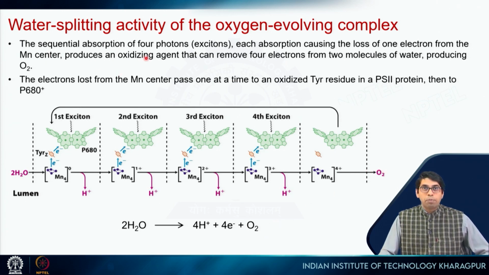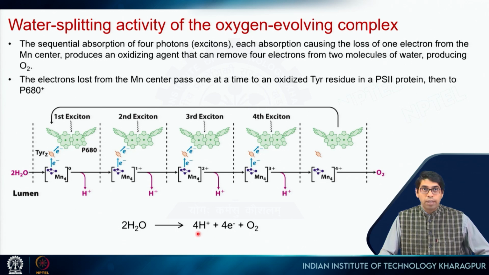So, the sequential absorption of 4 photons, okay. So, 4 photons are absorbed here, one in each step. Each absorption causes the loss of 1 electron from the manganese center, right. So, you can see that it goes from 0 to +1 to +2 to +3 to +4, right. So, it goes on through these different oxidation states and it produces an oxidizing agent that can remove 4 electrons from 2 molecules of water producing oxygen. So, 4 electrons are removed from 2 molecules of water resulting in the production of 1 molecule of oxygen